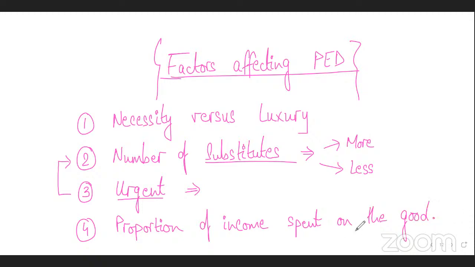If you're spending a bigger proportion of income on that good, it will be more elastic. I will try to save on the electricity expense. How will I do that? In my house, I'll want everyone to use less electricity, and to use electricity-saving appliances and all that, because I know that this saving can mean a lot. But I won't really care if I'm